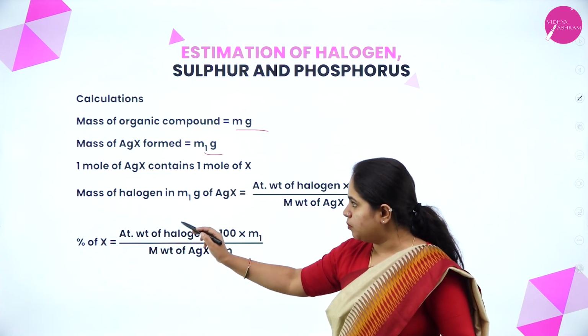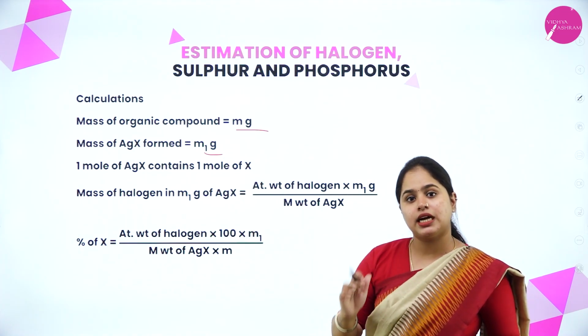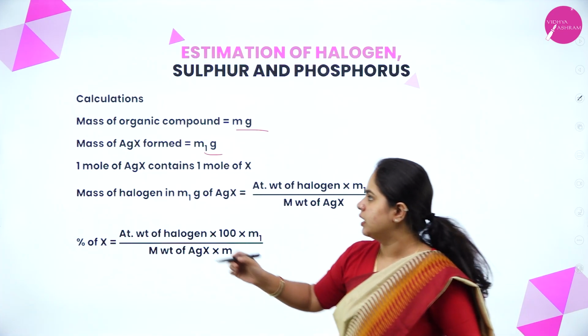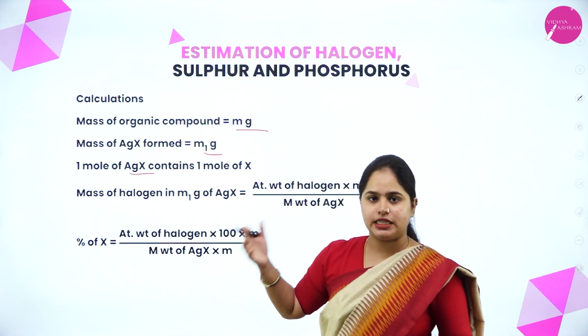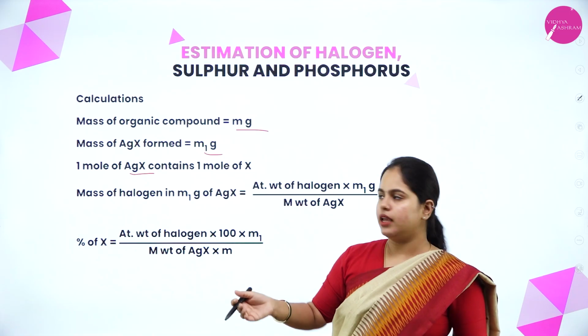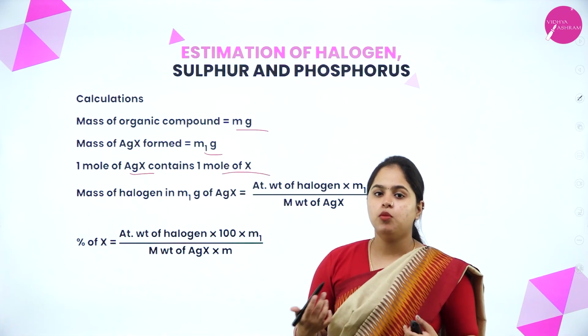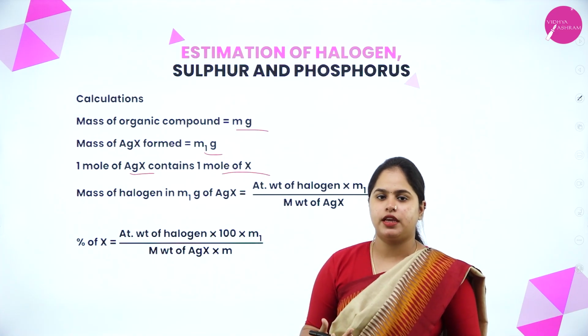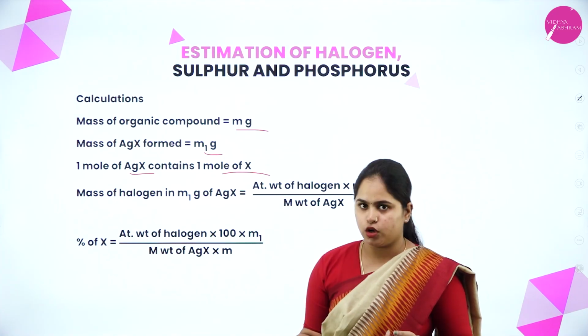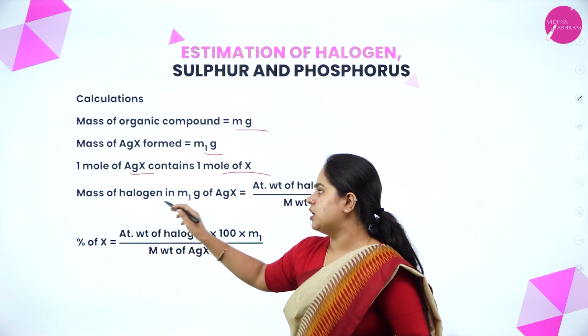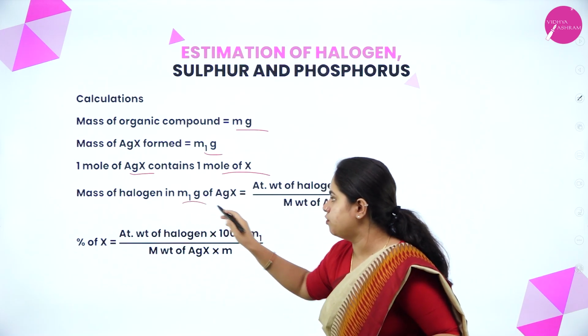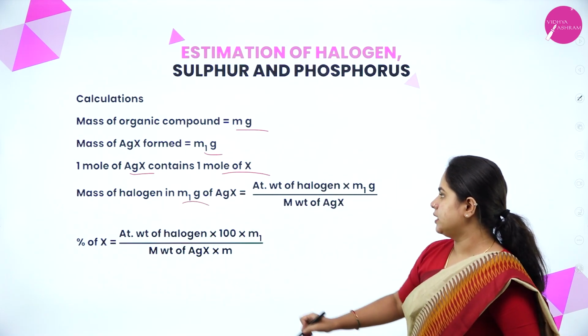So if 1 mole of silver halide is formed, it contains 1 mole of halogen. In 1 mole of AgX, AgX means silver halide, it contains 1 mole of halogen. If it is 1 mole of silver chloride we have taken, it will be 1 mole of chlorine which is present there, right? Hence, the mass of halogen in m1 gram of silver halide is calculated as atomic weight of halogen into m1,